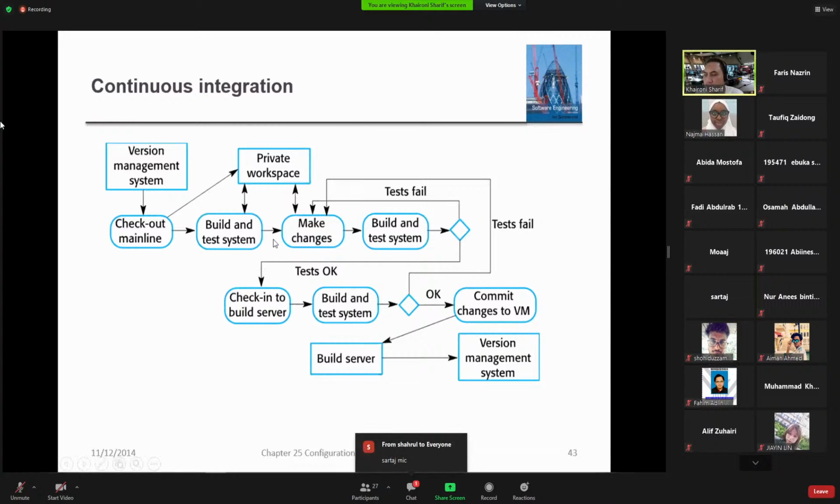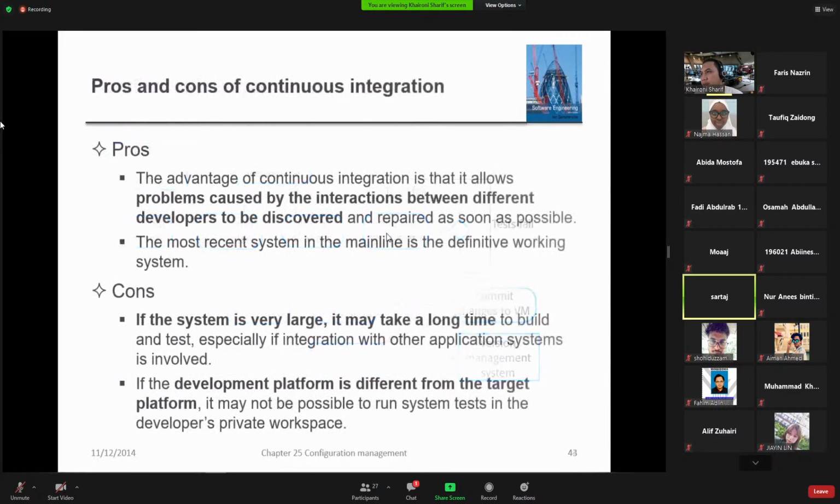Yes, so this is continuous integration, the one used by the Agile team. While this looks good, however, there are some